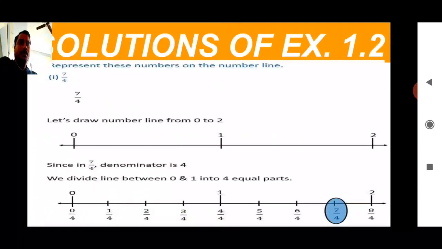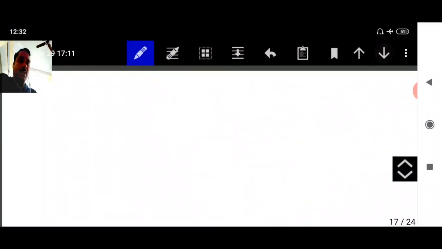Next one. Now students, see solutions of exercise 1.2. The first question is to represent these numbers on a number line: 7 by 4. How do we represent 7 by 4? Let's draw a number line from 0 to 2. Why do we draw 0 to 2? Because here, in the p by q form, 7 by 4